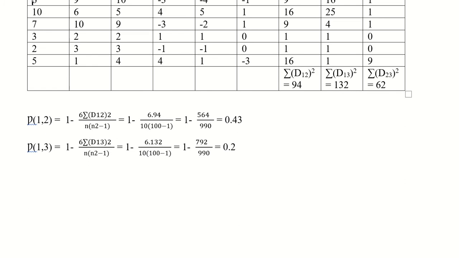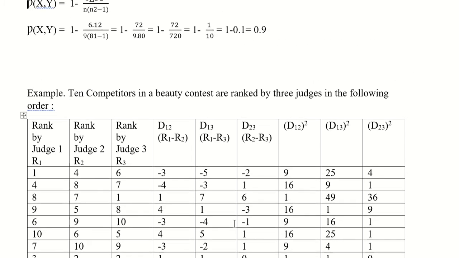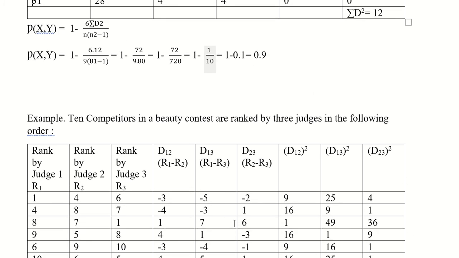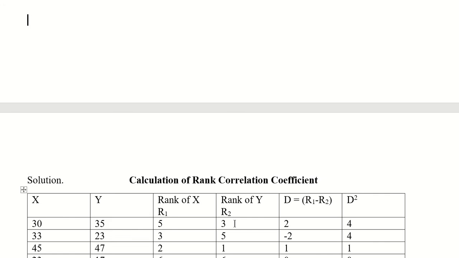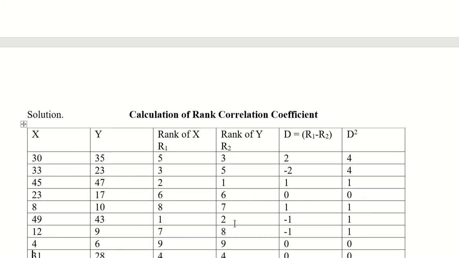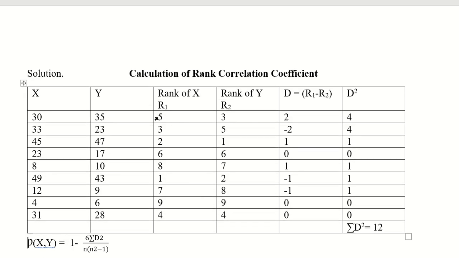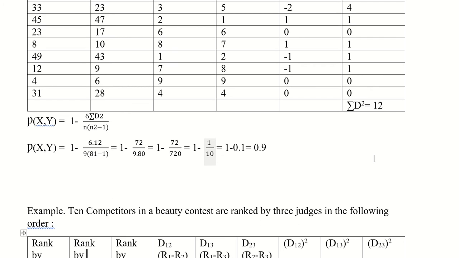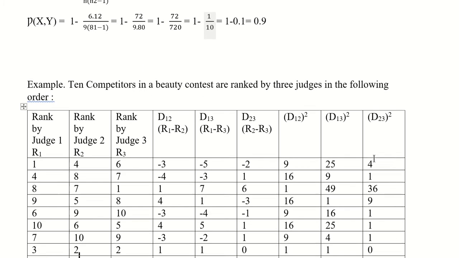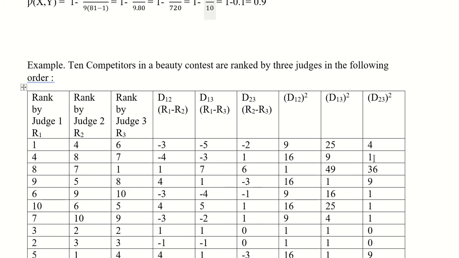Okay. So this is how we calculate rank correlation. There are two types of questions in rank correlation. In one type, ranks would not be given to you. You have to calculate rank also. Like in the previous question, we first calculated ranks and then we calculated deviations and applied all the formulas. But in the second case, ranks were already given to you and you just had to calculate deviations. So any kind of question can be there. You just look at the question and see whether you have to calculate rank first or not.